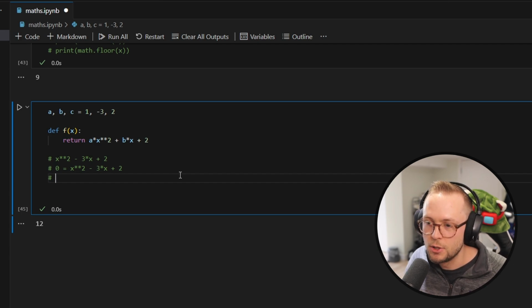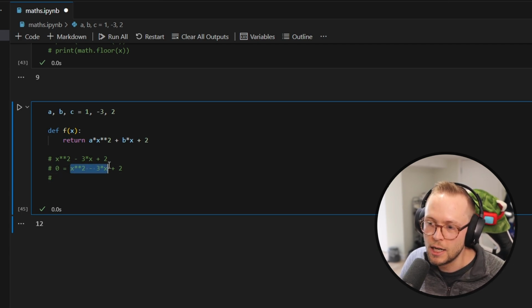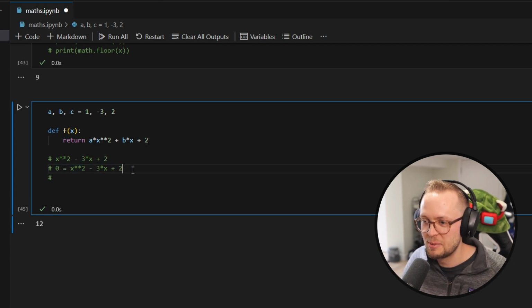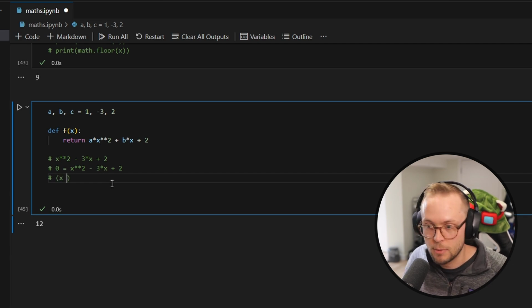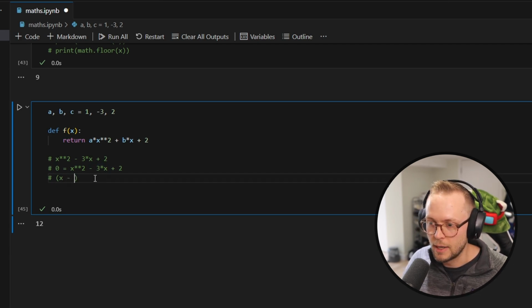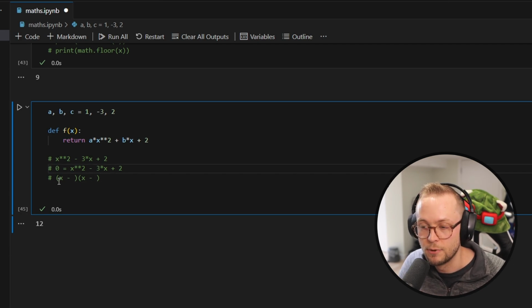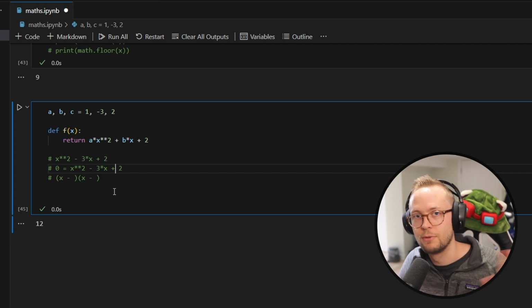So in order to do this, if you've done algebra before, you'll probably know that we need to create two versions of x, because we want to be able to do x plus or minus. I'm going to assume minus, because we have to get this one here: x minus something, and then x minus something. Now, the reason for this is because when you do multiplication for this, I'm sorry if I'm boring you,